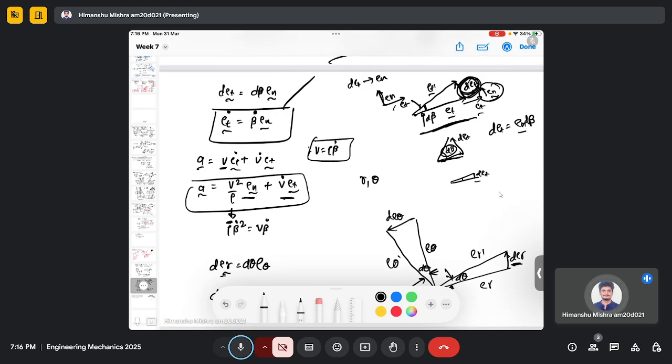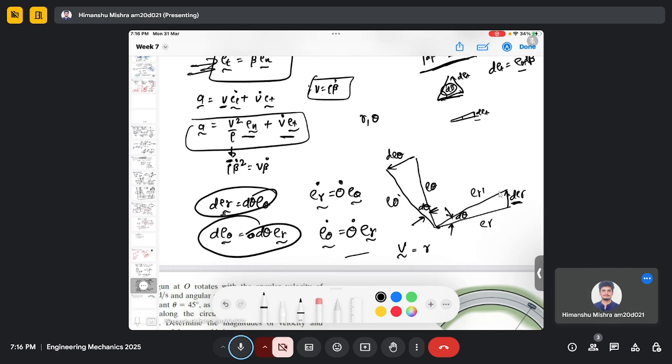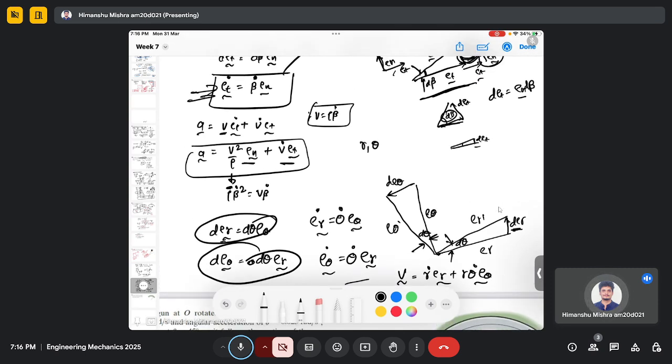And as usual, as we take the time derivative, once again here we can write ER dot equals theta dot E theta and E theta dot equals minus theta dot ER. And based on this we can actually derive the velocity component in the polar coordinate. So it is actually R dot ER plus R theta dot E theta. So this is my velocity component, and if you want to write the acceleration vector,